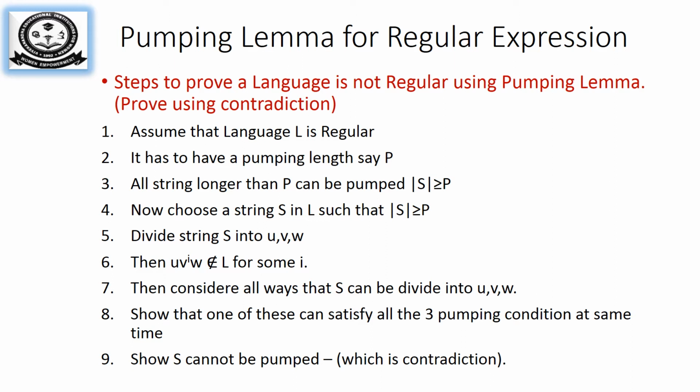So how do we solve the problem? If the question asks whether the language is not regular, we try to prove the language is regular, and reach a contradiction. Let's go through the steps one by one. First, we assume the language L is regular. Then we set a pumping length; it is our wish to set any length. Third, you have to choose a string that can be pumped with the pumping length P, with length at least the pumping length.